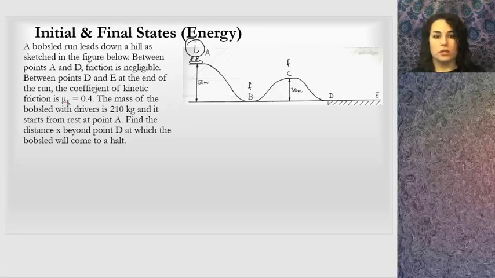How do you deal with this? Let me see. Is there anything in here that I need to mention as we move? Well, I can look back if I need to. So it may be that you need to find some sort of information at B. So it makes sense to go from your initial to your final, from A to B. That makes sense. If you know information at A, go to B. Well, then what if you make C the final? What's the best way to do that?